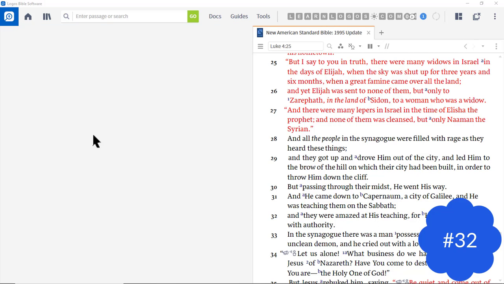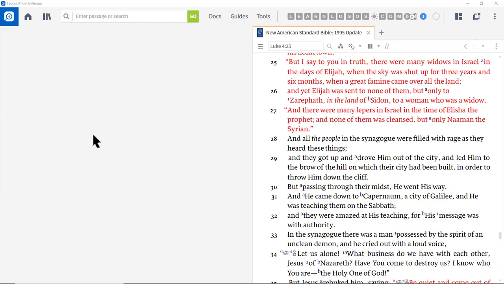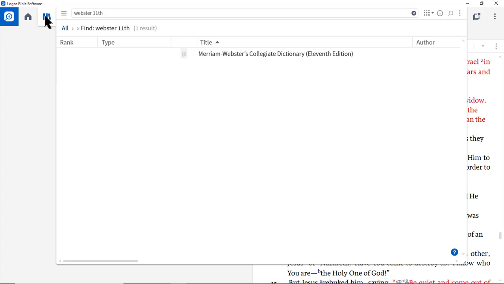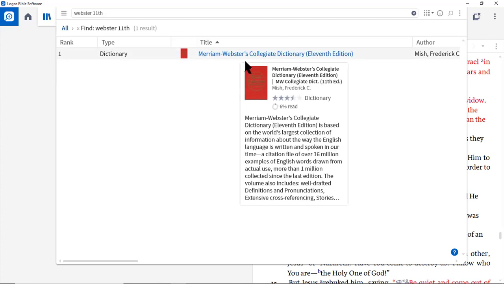Now, this next shortcut is a lot of fun, and it's especially pertinent to those of you who teach and preach and like to do alliteration. So let's go to our library, click the library icon, and let's open up the Webster's 11th Dictionary, 11th edition. And if you don't have